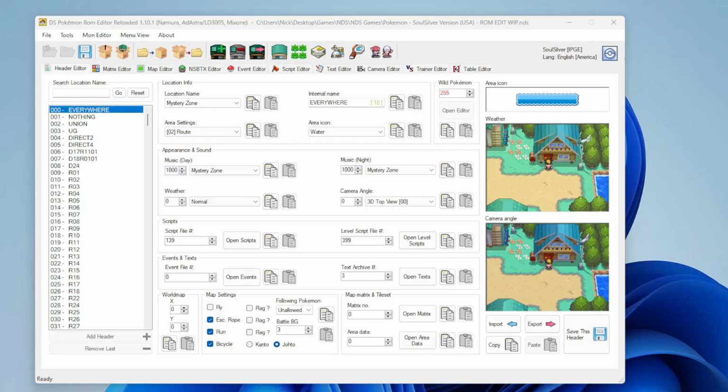Hello again, everyone. This is Artorimus here, back with part 2 of my making a ROM hack without any experience project. Part 2. Today I'm going to be going over a few of the edits I've been able to make with the DS Pokemon ROM editor